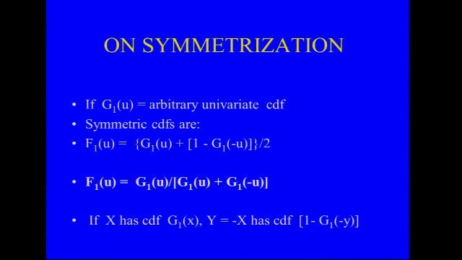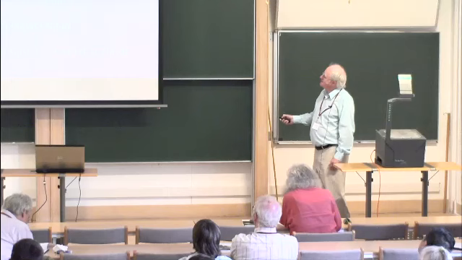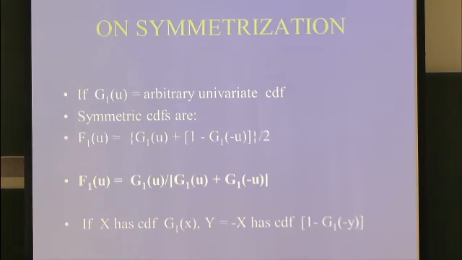A minor point about symmetrization: we need a symmetric distribution. In fact, we could generate a whole class of symmetric distributions in at least two ways. Take some arbitrary univariate distribution function, then here's a combination of that one and the distribution of negative x: if x has distribution g1, negative x has distribution 1 minus g1 with negative argument u. But here's another which I kind of stumbled on, and in fact I think initially I didn't realize it was a distribution function. And we're going to explore generation of models for triplets